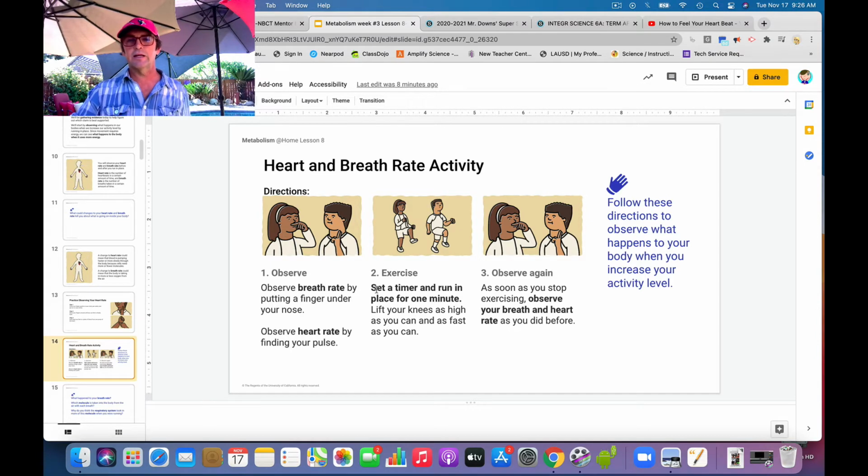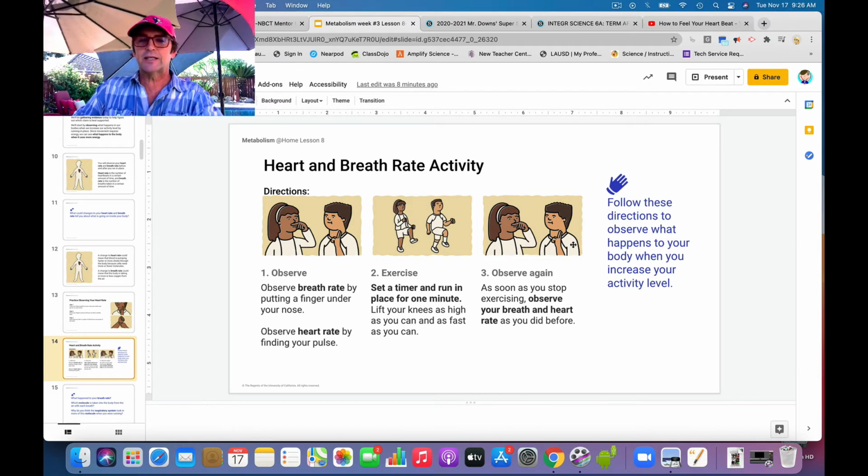Let's do the activity. I'm going to put up a timer. And when I say go, just count. The reason they like a minute is you can rate it. It's like 60 beats per minute. So let's go ahead and do the full minute. It'll be fun. And then we'll do our activity. Here we go.